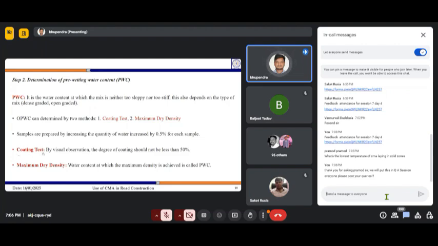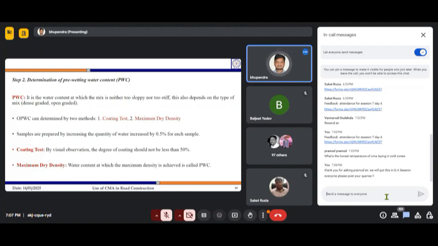The first is the coating method: we add different amounts of water and mix the aggregates together, and by visual inspection we see whether 50% of the aggregates have been coated or not. This is a simple method because you just have to add water and check how much coating has taken place. But again, this is a very subjective thing.